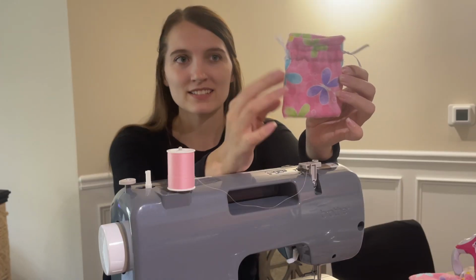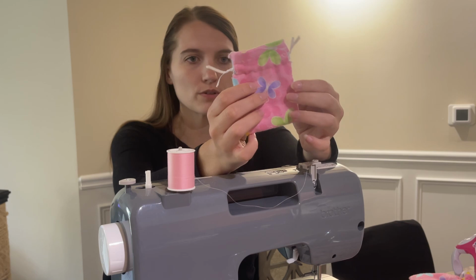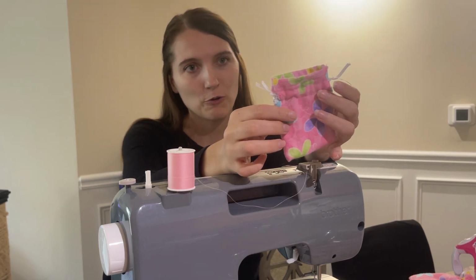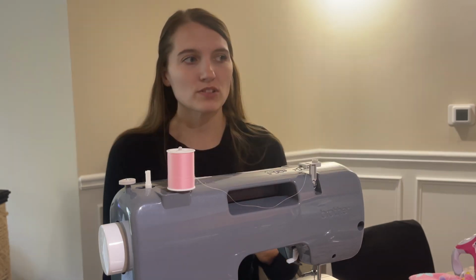Instantly much better. The size is better too. I wasn't paying attention so much with sizes. I was more focused on, like, what design do I want? How do I use a sewing machine? What does the construction look like? What are all the steps? All that kind of stuff. This was the first thing